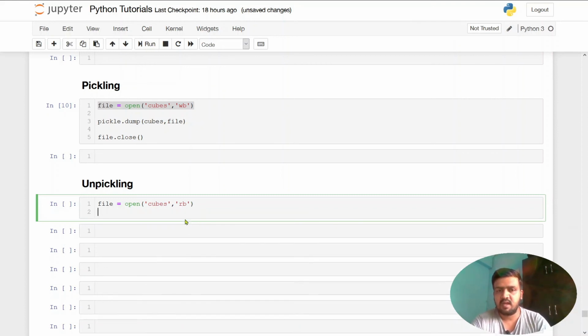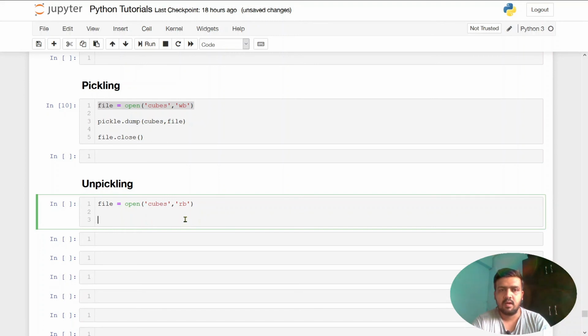You have to be careful with the modes in which you are opening. If you try to open a file in write mode and you are not doing any appending, it will wipe off the contents. So you are trying to read the file, but you are actually wiping off the content. So be aware of which mode you are opening in.